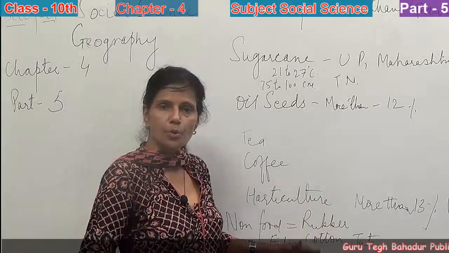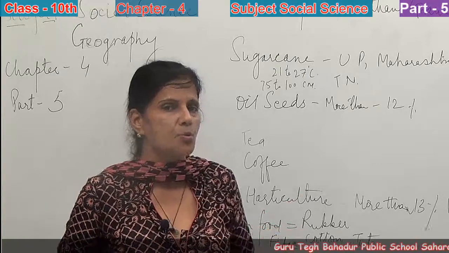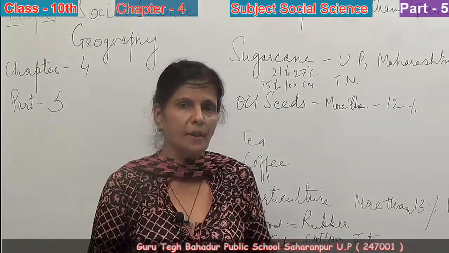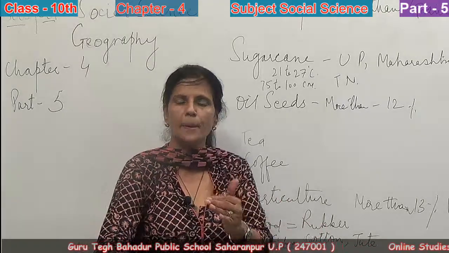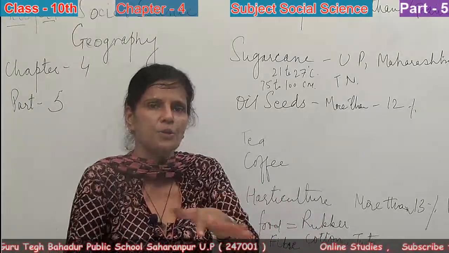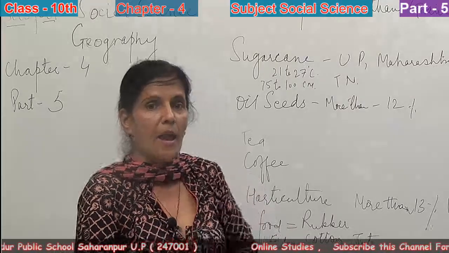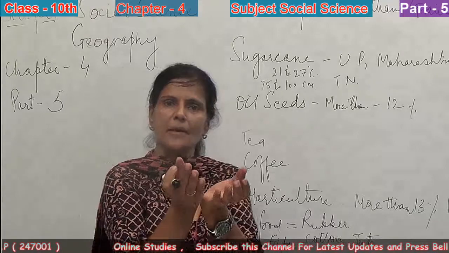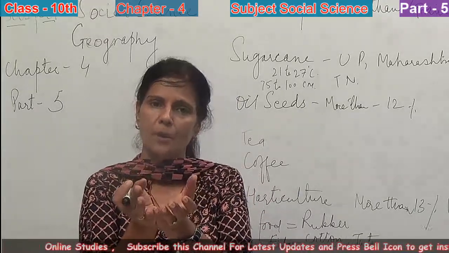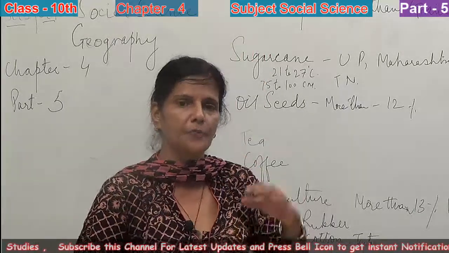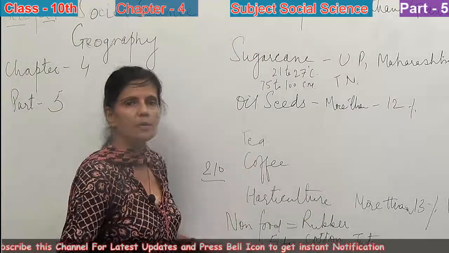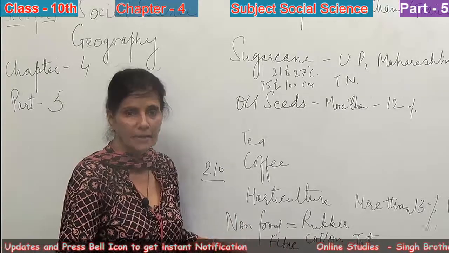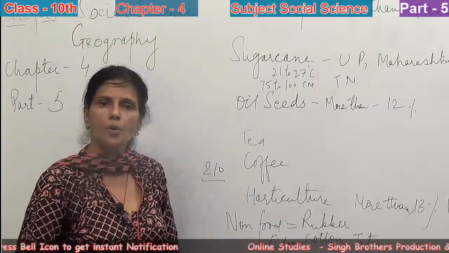The growth of cotton needs 6 to 8 months to mature. At the time of ripening, it needs clear sunshine, and during the sowing period, it needs even showers from time to time. And 210 frost-free days, because the cotton flowers are coming on the plants, and if it is foggy, if it is frost, then the cotton crop will be damaged. So 210 frost-free days are needed for the good production of cotton.